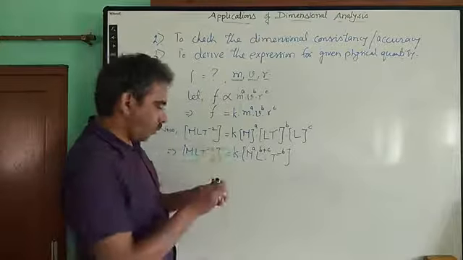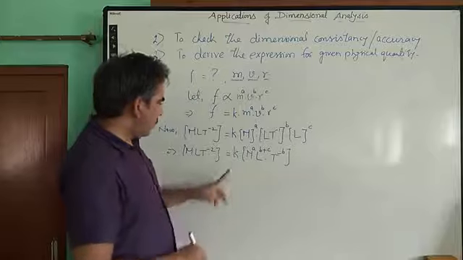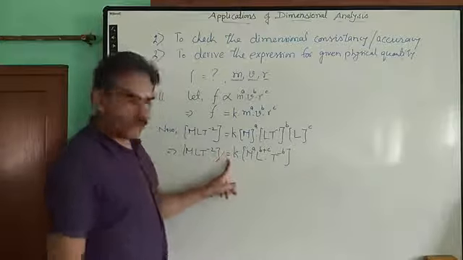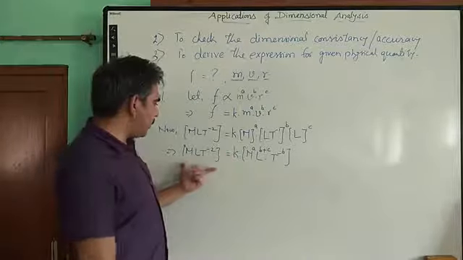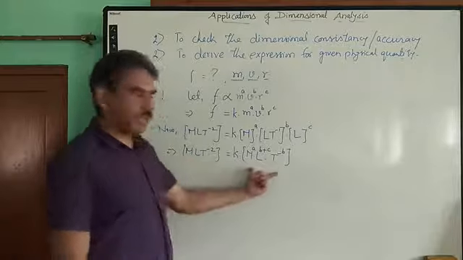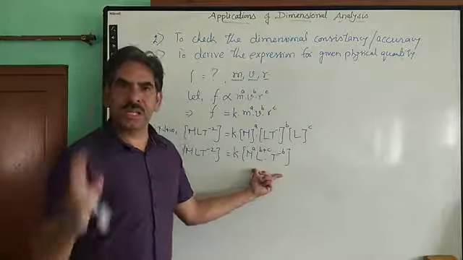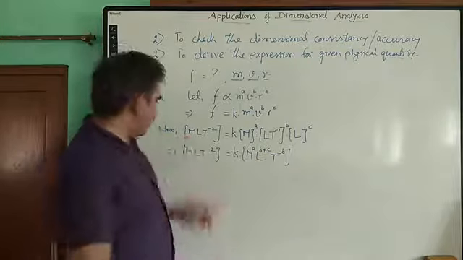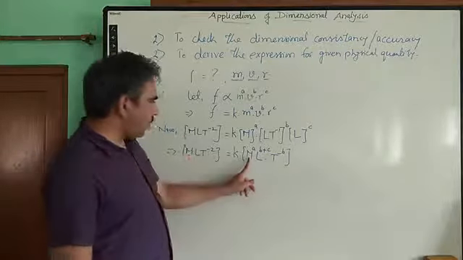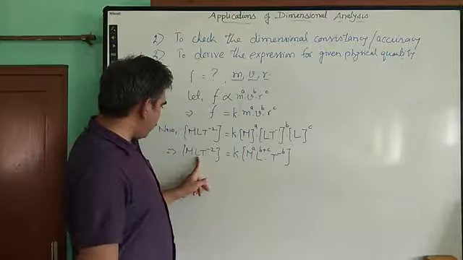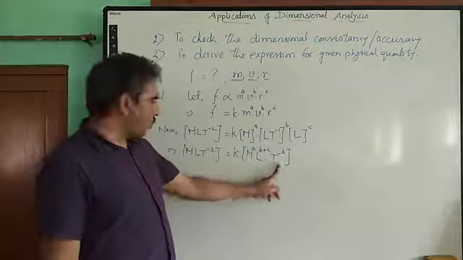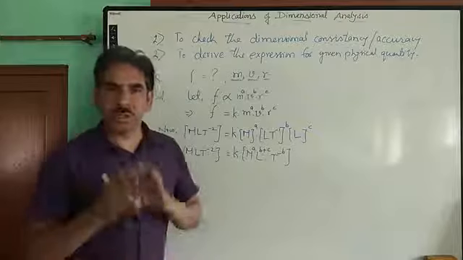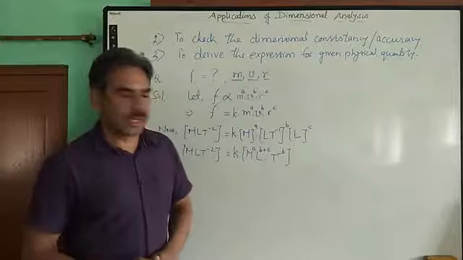Because there is a sign of equality, it simply means the dimensions of the physical quantity on the left hand side will be equal to the dimensions on the right hand side, or each and every term will have the same dimension. That means the dimensions of M will be the same on both sides, the dimensions of L will be the same on both sides, and so the dimensions of T will be the same on both sides. Right? So let us begin